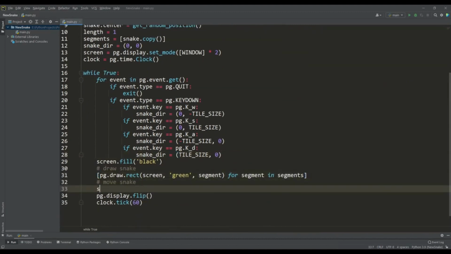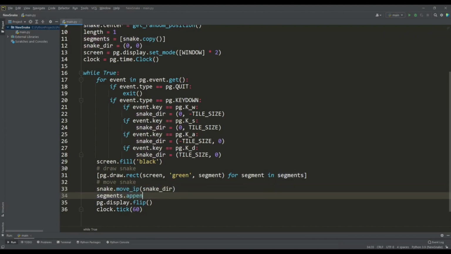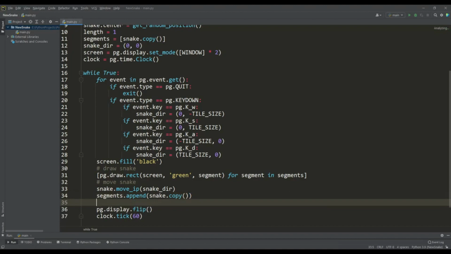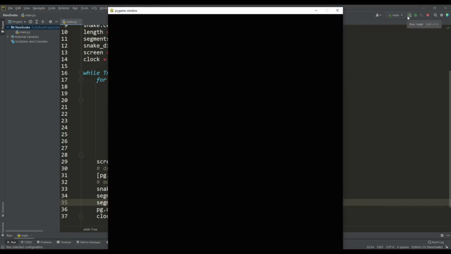To move the snake's head, we will use the move in place function. At each step, we add a new segment and cut the list of segments along the length of the snake. In short, we record the path of the snake and leave the last steps by the length of the snake. Now as you can see, we can control the snake, but its speed is too high, so we need to